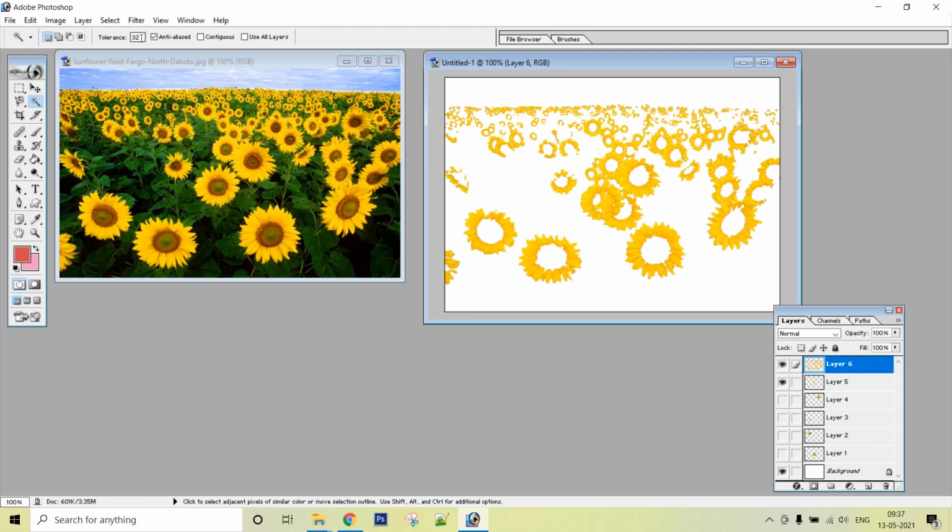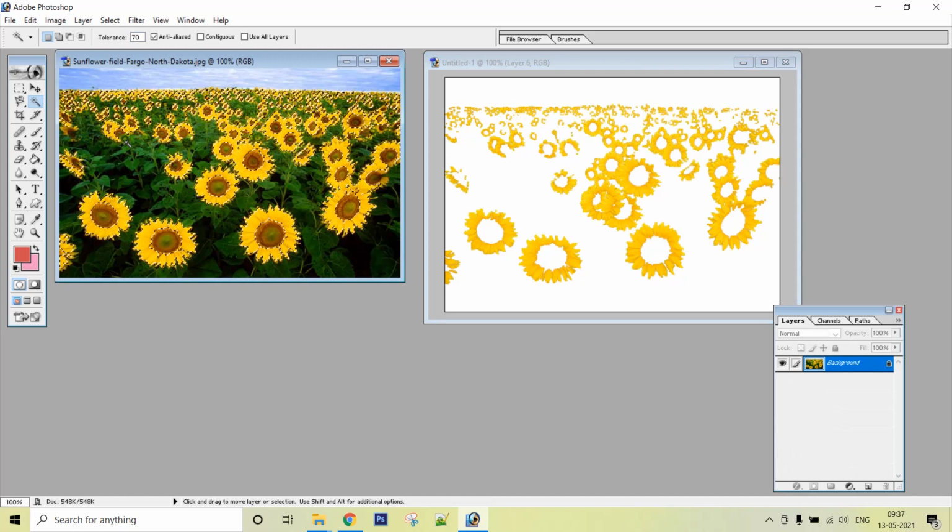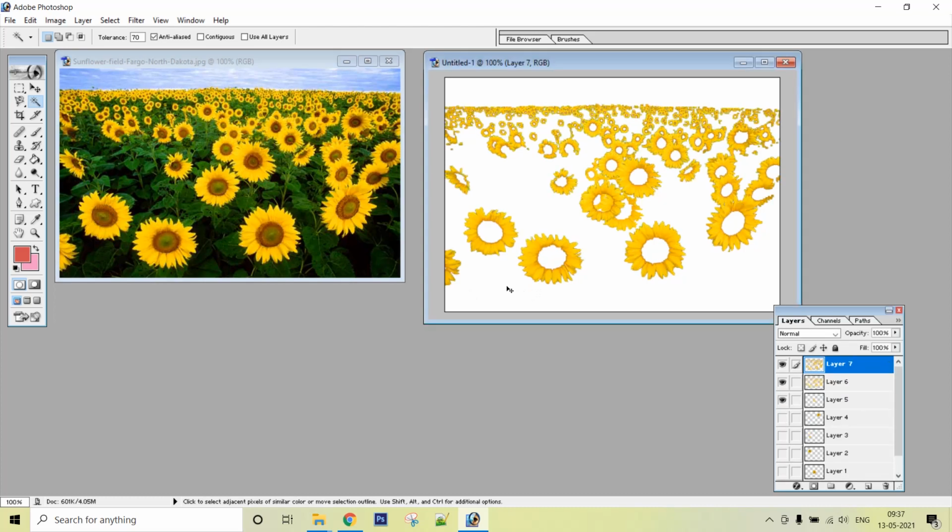Now if I increase the tolerance, suppose I increase the tolerance to 70 and I again do the selection of yellow color, then you can see that more color is involved in the selection. If I press Ctrl C and press Ctrl V, you can see that I have pasted the same thing over here. So there are more yellow colors in this particular image.